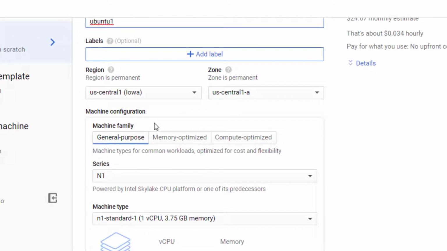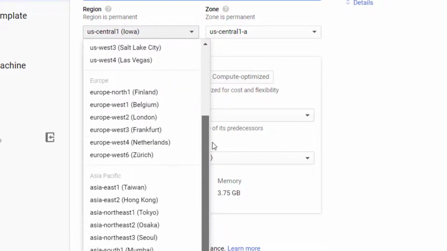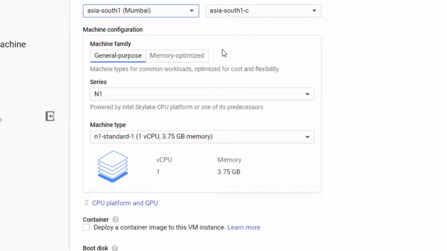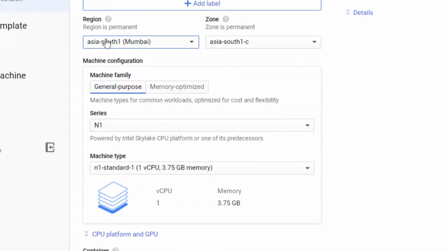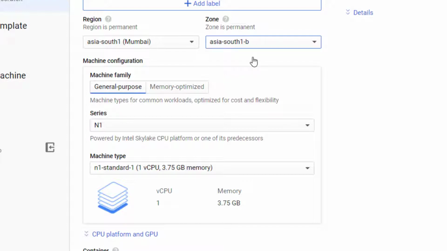And the most important thing here is to select a region and a zone. The region would be the closest region which is mentioned here. Since I'm in India, it would be Mumbai. And yes, you have to pick a region which is closest to you, for faster configurations and faster responses. And from the zone, you have 3 options. You can choose any one of them, and each one of them provides additional configurable abilities, but for now let's not go there, and let's just select zone B.